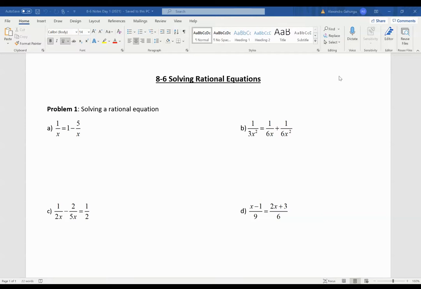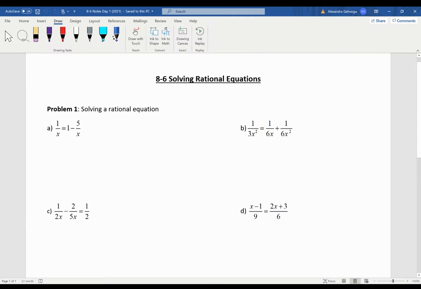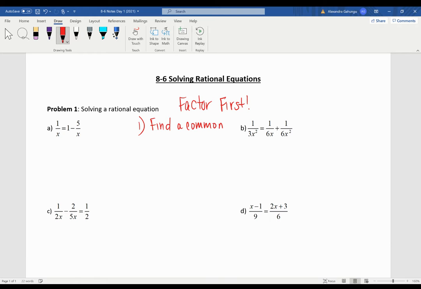Okay, now we're going to look at solving rational equations. We're going to do a lot of the same things we did for adding and subtracting our rational expressions. We're going to look to factor first if possible. So that means we'll look at the denominator. If it's not factorable, like our first one, we will find a common denominator. And that'll actually also help us find our excluded values,